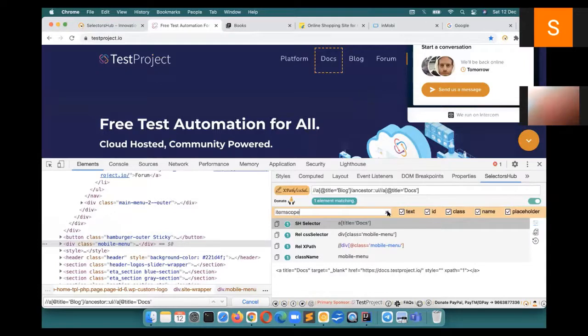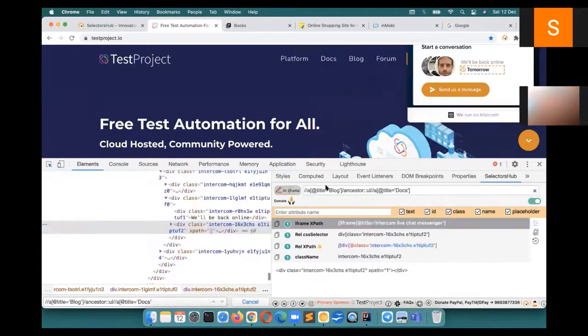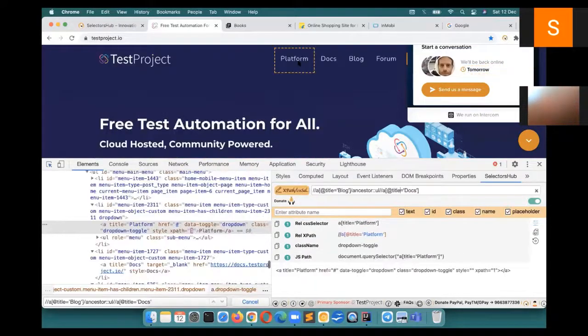Now you must be thinking why it was giving 0 before and now it is 1. Because that time we were inside an iframe. So whenever you have to verify any element which is outside the iframe, you will have to switch back, inspect an element which is outside the iframe, and then you can verify your XPath.